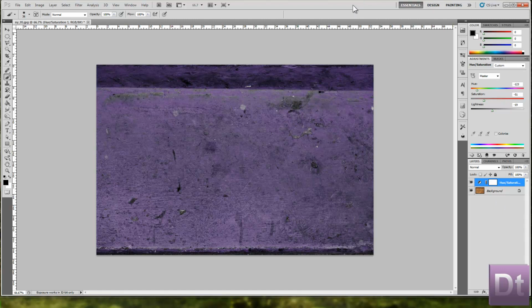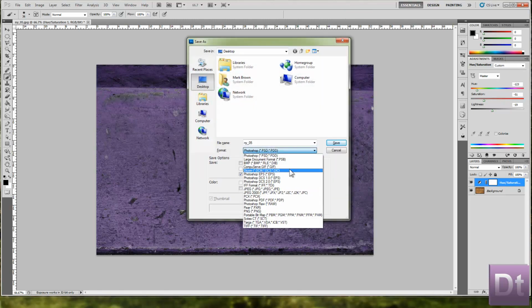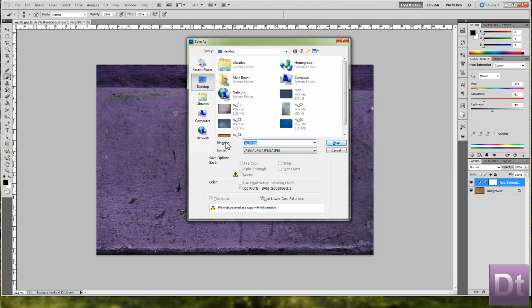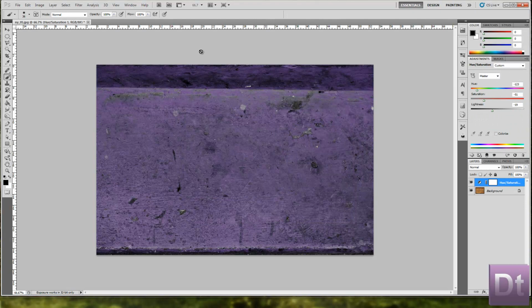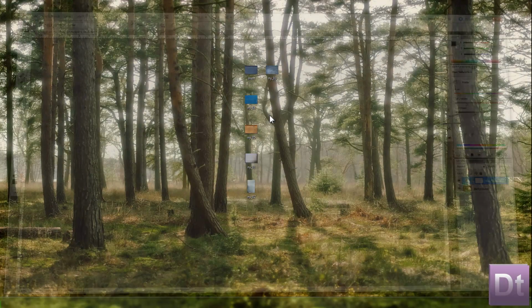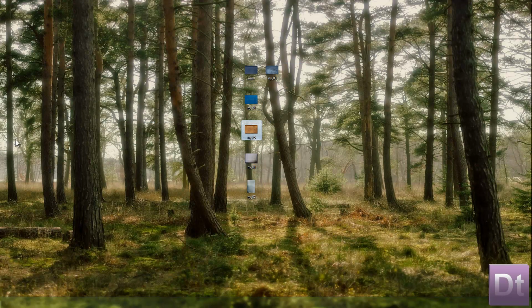So if we just save that as a JPEG, I'm just going to call it mod2 because I've already made a modification of one of them, so I'm going to call it mod2, and then I can close Photoshop and forget about that. Move those back over to wherever mod2 was. Okay, so